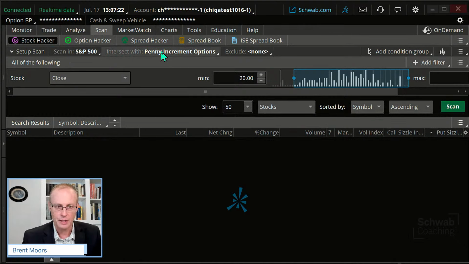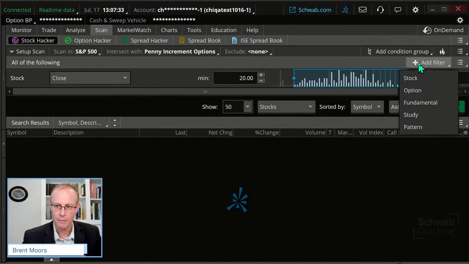This is actually going to give us a decent list here, but I'm going to add one more filter. Now, when you add these filters, I added a stock filter. That's kind of a basic filter. There's another type of filter called study filters. If you try to do what I'm about to do on paper money, it's going to give you an error message. It's going to say you can't do this in paper money. You have to do it in your live platform. So this is demonstrating that these studies are restricted to the live platform.